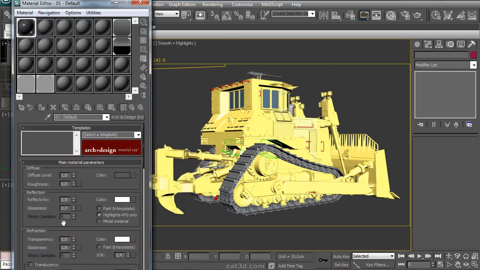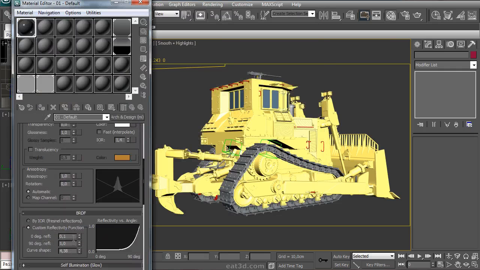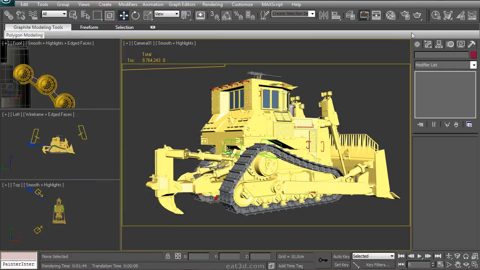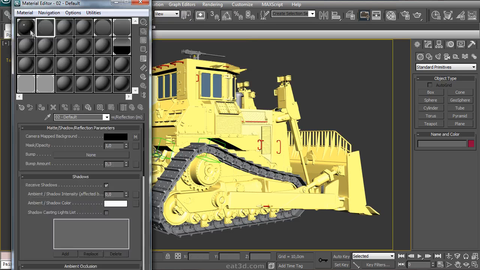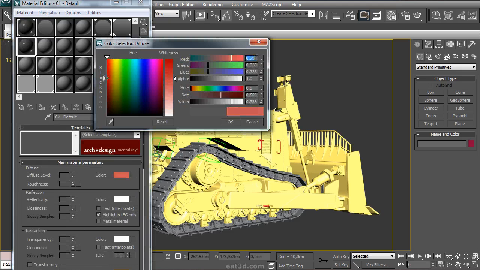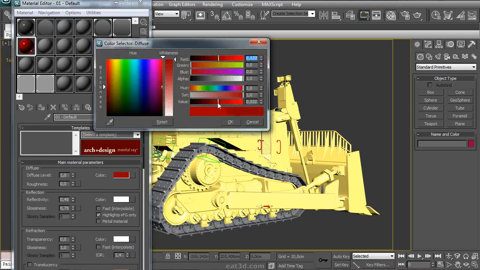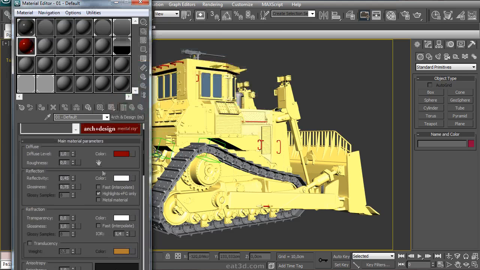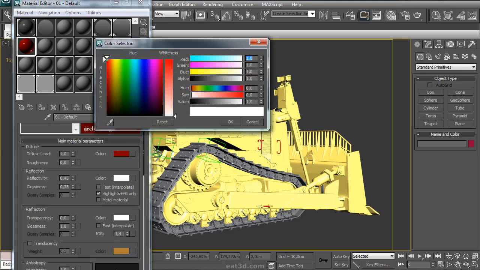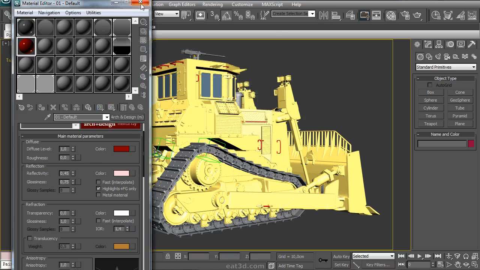And the reason I did that color change is because I think the blue and yellow lights are becoming a bit of a cliche look, and I want it to be slightly different. I want to make my render special in another way. So again, I tweak the reflectivity, and then I go into the materials, copy my current one, and create a red version of it. And you can guess why this is. I like these red colors on my bulldozer, and I want to have that same thing in my render. Just changing the diffuse color, changing the specular color,